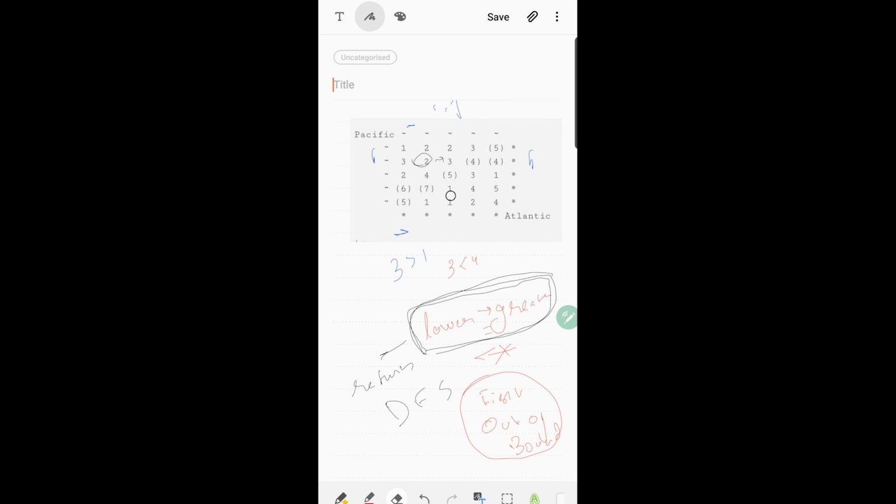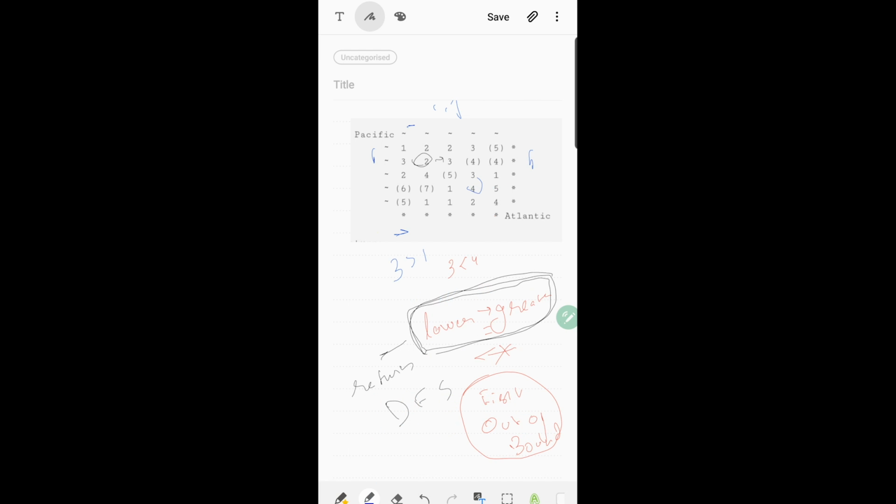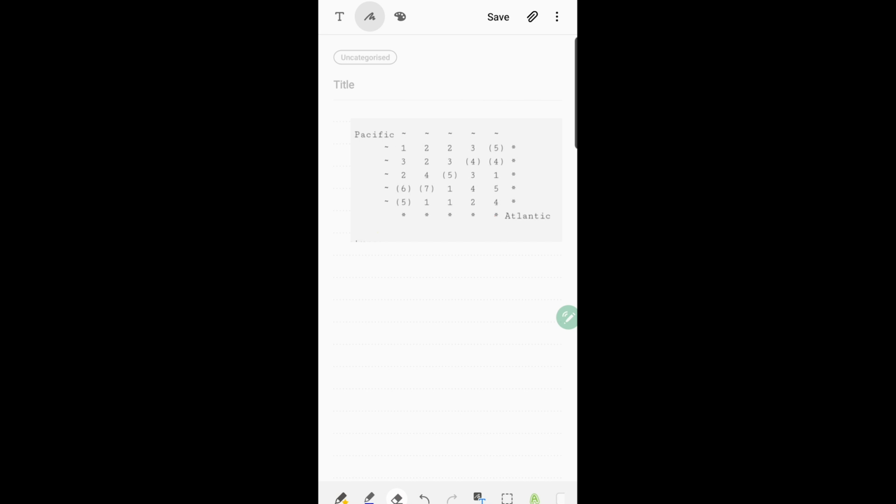Okay. So suppose in 1's DFS call, you've reached this 4. Now 4's DFS call is back to 1, to 3, to 5 and 2. But if I have reached here, that means I will again call to 4, and this process will go on. That means we do not have to repeat this process. Once we've reached a value, we should not traverse ahead, right? So to keep a check of this, we'll start marking this as something, okay, so that when we reach this cell again, we don't traverse it again. So now this is the basic approach. Now let's discuss how we're going to implement this approach.